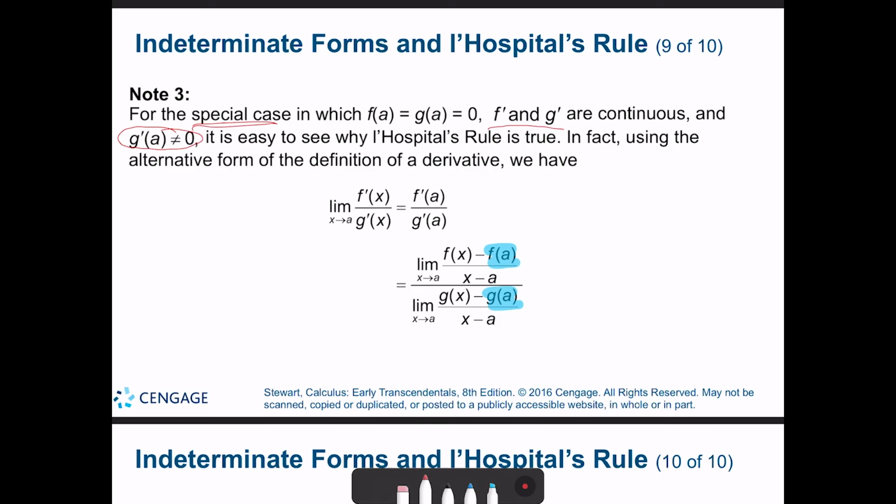It's easy to see why L'Hopital's rule is true, using the alternative form of the definition of a derivative. Derivative over derivative, limit of that same quotient as x approaches a. So you'll see that the a's are appearing on the right. Here they were just x's, like we have done direct substitution. And we can turn that into this alternate form where we're taking the limit of the numerator and limit of the denominator. But look at how the derivative is being presented. There is f prime, g prime,